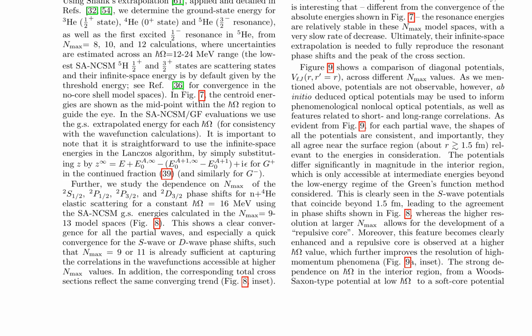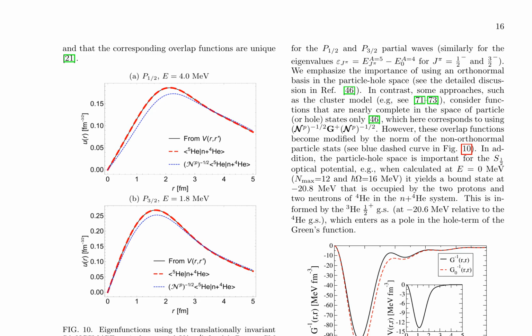The phase shifts calculated with infinite space energies agree with other ab initio theoretical studies, highlighting the importance of resonance energies and correlations in reproducing the n+alpha dynamics. The results suggest a reliable parameter-free optical potential for energies up to E of about 12 MeV. The study also discusses the dependence on model space parameters and infinite space energies, emphasizing the need for convergence studies